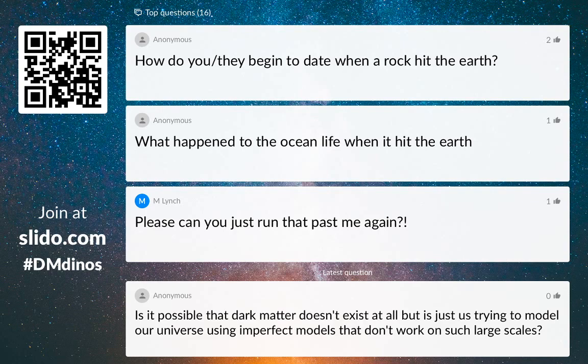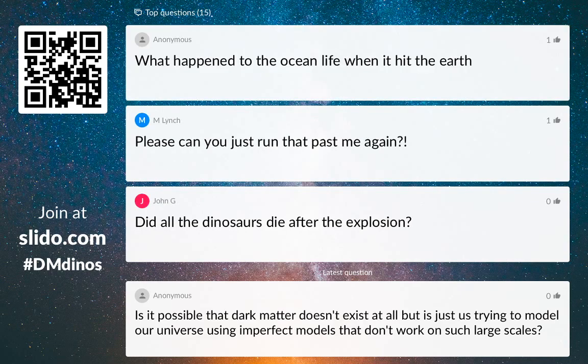Okay, so what happened to the ocean life when it hit the Earth? So some of it certainly would have been in very bad shape, because if you don't have any sunlight coming through, then that's going to affect certainly stuff that's dependent on local plant life, for example, in the ocean, right? So if they live near the surface and they require light to grow their food, if they're plant eaters, or they require things that eat plants to then eat, as well, it basically is going to have a huge impact on everything. Now, if you're stuff that's living very, very deep in the ocean, I assume you do a little bit better, because